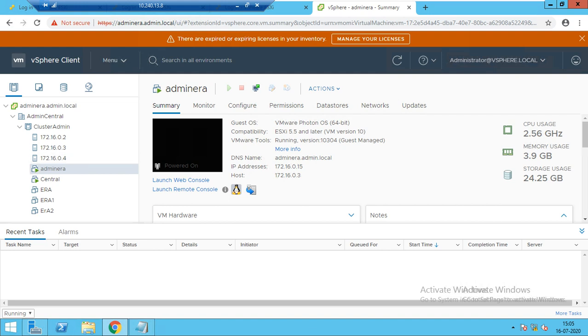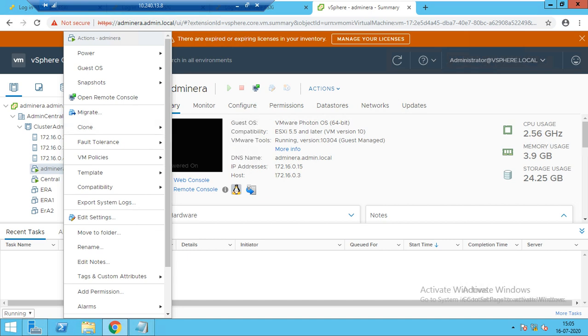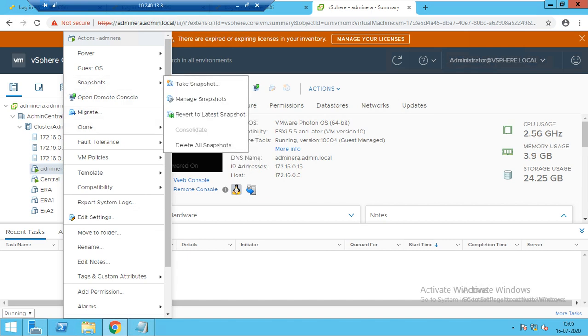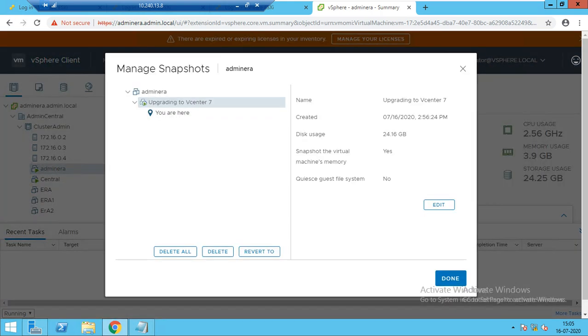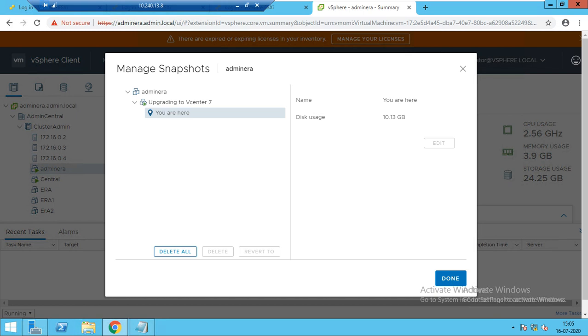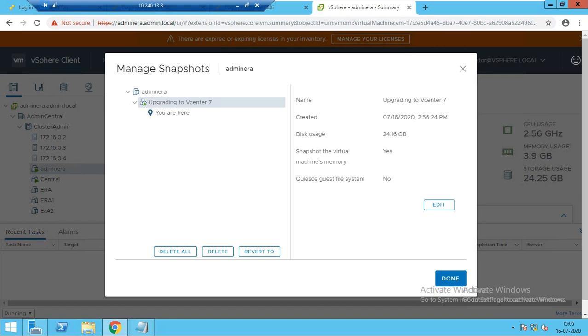We'll just right click, go to Snapshot and Manage Snapshots. You can see the snapshot here. This is the snapshot you want.